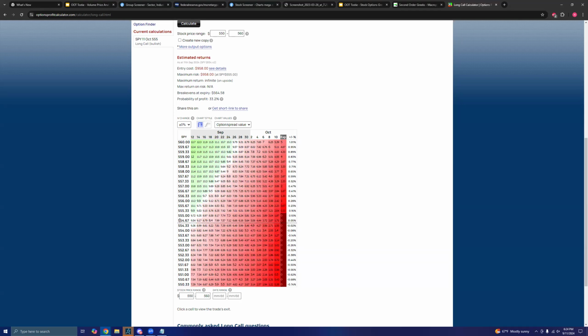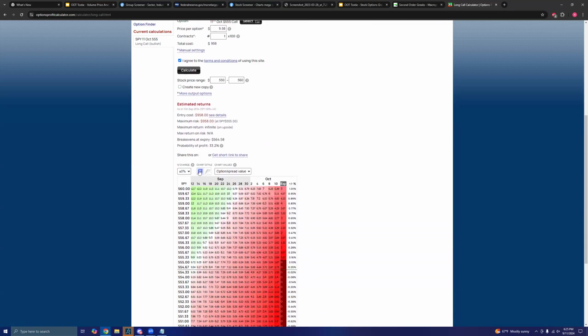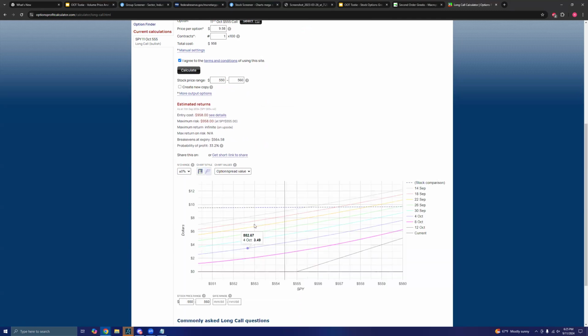Hopefully this helps illustrate it a little bit. And this options profit calculator actually is pretty good. There's always going to be things that it can't account for, but for what it's doing, it's pretty decent. And just to show you a little more about using it, you could also factor in IV. For earnings, if you're trying to calculate what you're going to make, which is usually a bad idea, you can factor in the drop in IV. Anyway, hopefully super helpful for you guys to see exactly how.